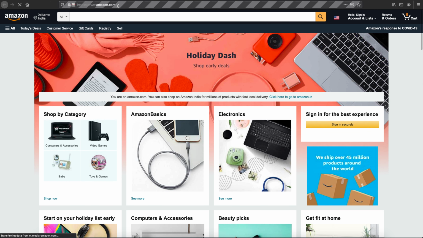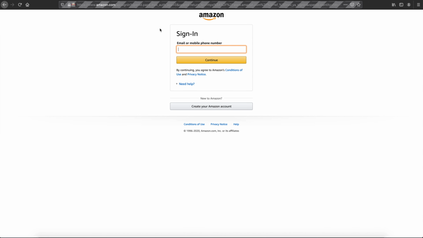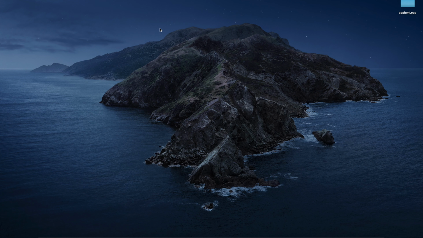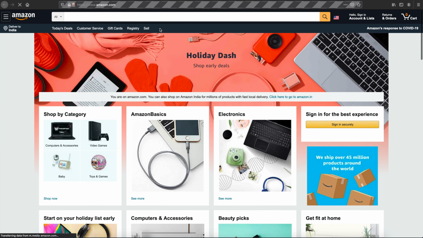So now you can see it has again opened the Firefox, and this time it has opened the amazon.com website instead of amazon.in, and then again it will be going through the same code. So in this way you can run the same code on different platforms, on different URLs, and you can parameterize anything that you want to parameterize.